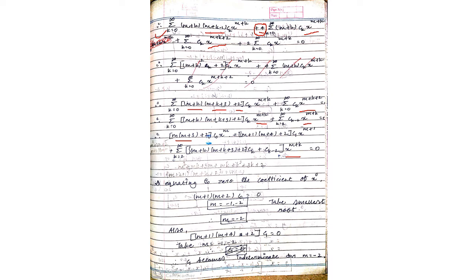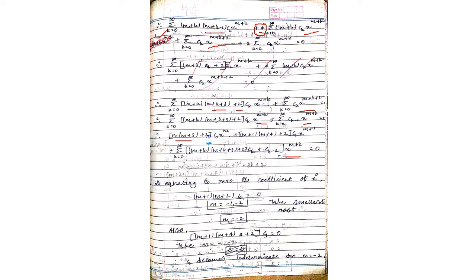Definitely, as said in the notes, there are two conditions. The first one is for the indeterminate form, and the second one is for the infinite form, right? If you are getting the first condition, then there will be two arbitrary constants. One is c0, that is the common part, and c1 or c2, the rest of the other arbitrary constants, will come from the indeterminate form. So here c1 is the indeterminate form, and c1 will be your arbitrary constant.